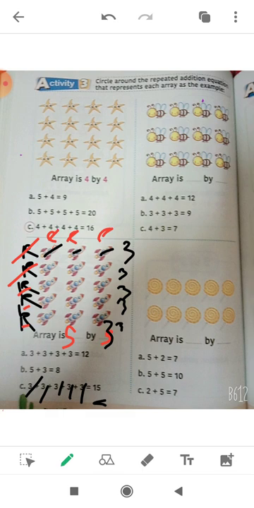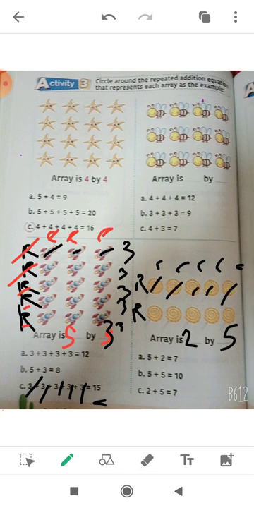Let's see the next one. How many rows? 2. How many columns? 1, 2, 3, 4, 5. So 2 by 5. How many elements in each row? 1, 2, 3, 4, 5. So I've got 5 in each row, 5 plus 5 equals 10. So I will choose this one. Okay, let's see